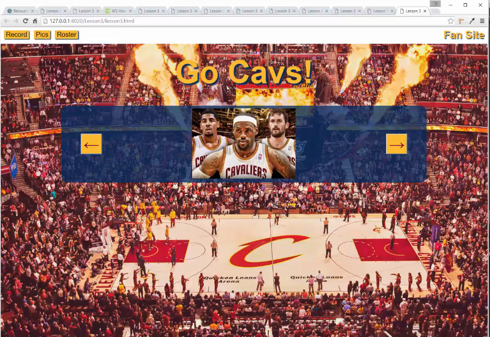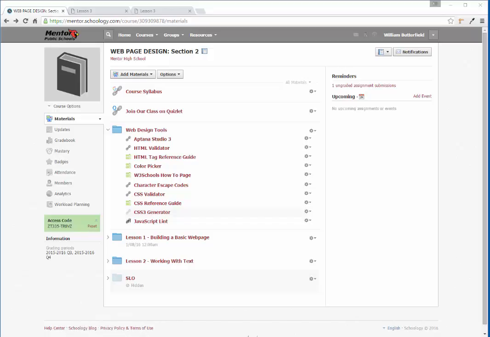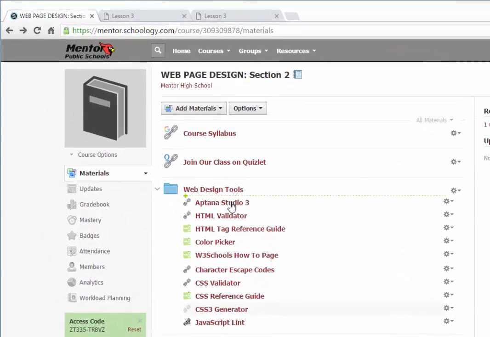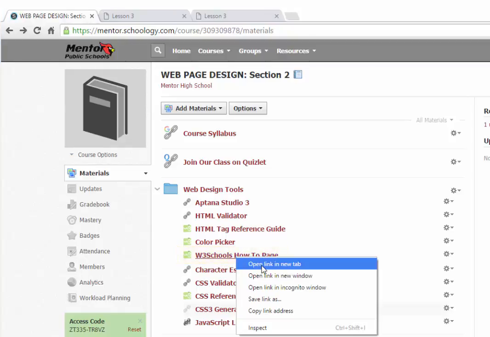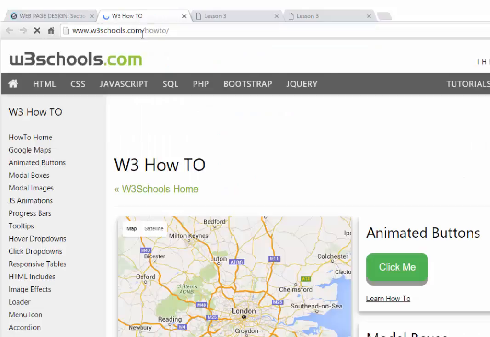Okay, finally, we want to be able to click on the picture itself and zoom in on it. In order to do that, we need a modal pop-up window. So let me show you how you can create that. For this next part of our video, you're going to need to go back to Schoology, and in our Web Design Tools folder, find the link that says W3Schools How-To page. And I'm going to open this up in a new tab, and it's going to take us to